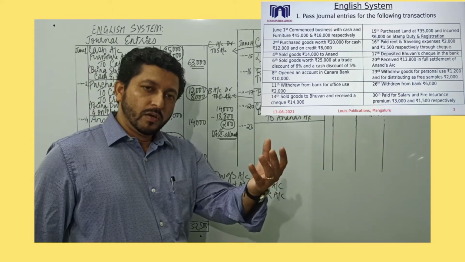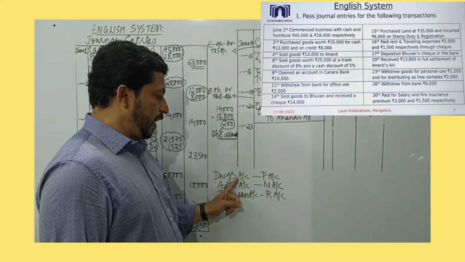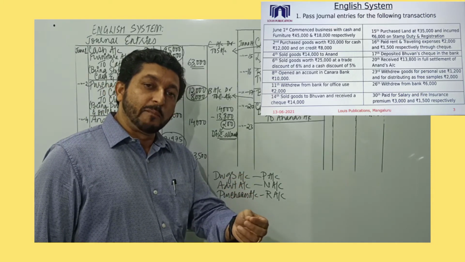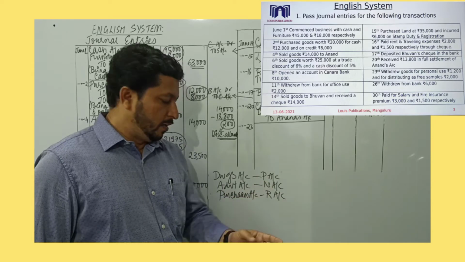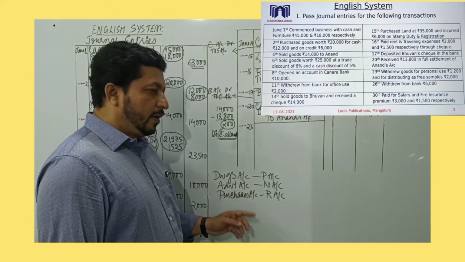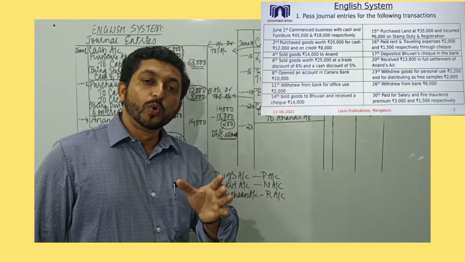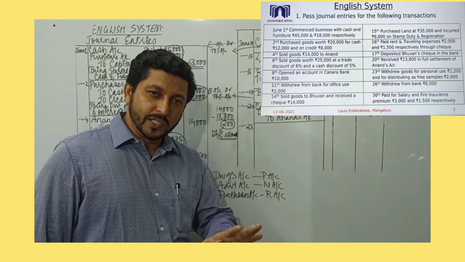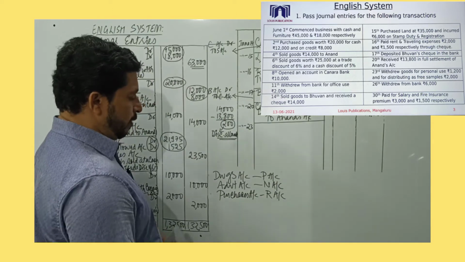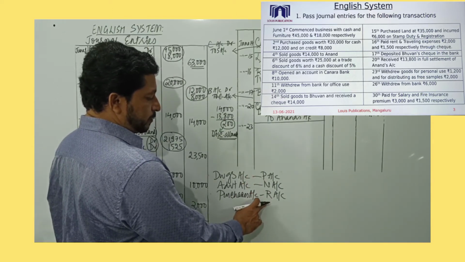So when the business person is withdrawing goods for personal use, whenever you see personal use, account present is drawings account. Then he has also distributed as free samples. It's like an advertisement, so advertisement account is another account present. Then when these goods are withdrawn for personal use or given as free sample, goods available for sale will decrease, means purchases value will decrease. So only remaining will be available for sale. So once again, you have personal account, real account, nominal account.